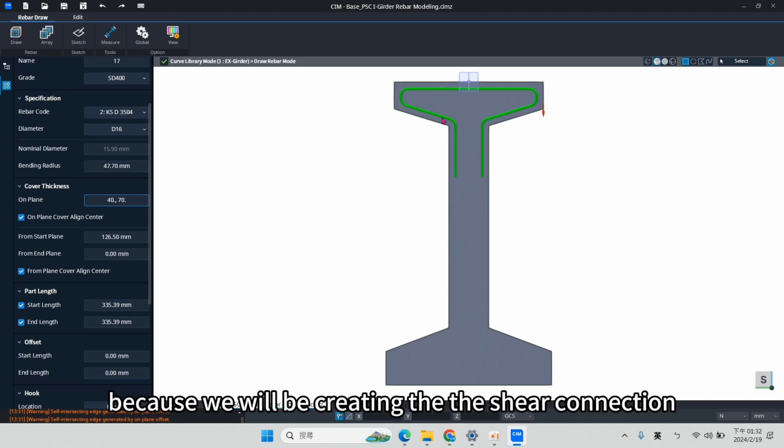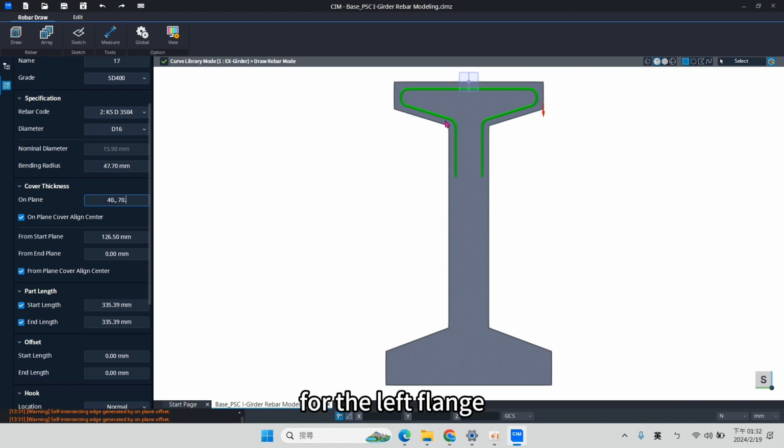Because we will be creating the shear connection for the left flange and for the right flange. Okay. From start plane, and also for the offset, we can also change them to minus 200.